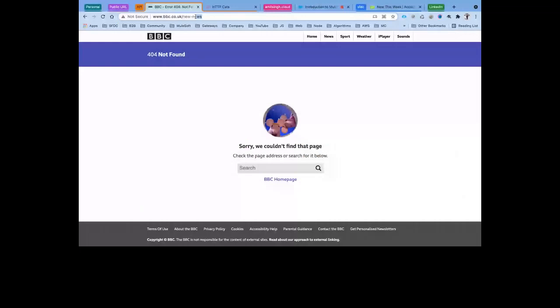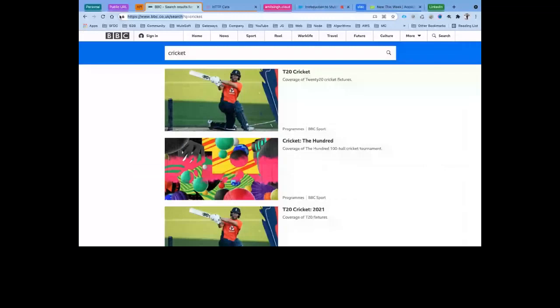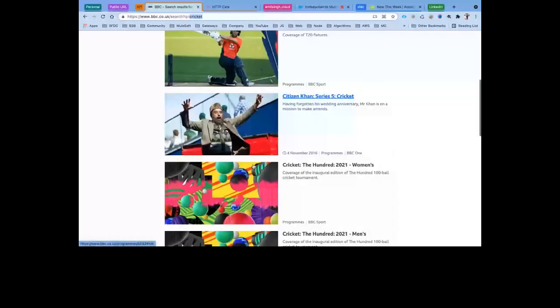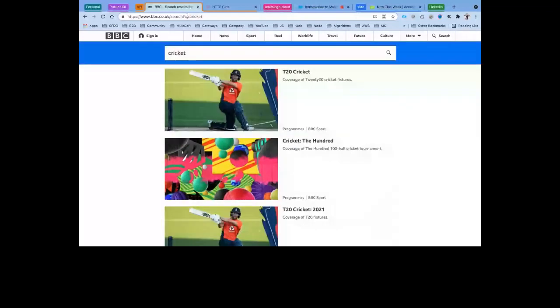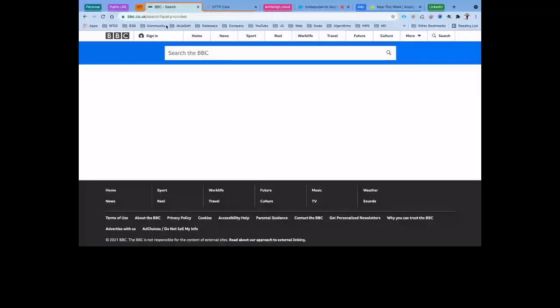If I search for any news related to cricket, I get a URL on the top, and this is a URL parameter where query is equal to cricket, and we got some information related to cricket. Now suppose I change the query parameter name. Will it work? It will not work. The reason is that nothing has been coded for anything which comes after the question mark with that name. If I make it SQL, again I get the response.